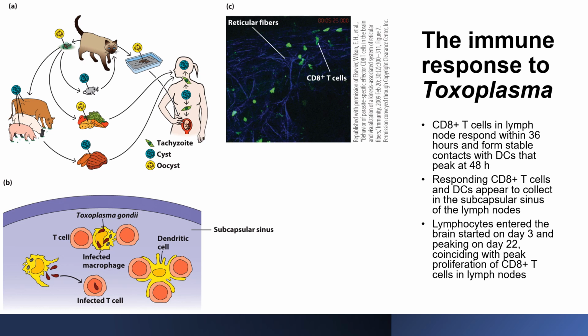Lymphocytes entered the brain starting on day 3 post-infection, and again, our own immune system can actually work against us in this particular case. So these lymphocytes entering the brain by day 3, some of those may actually be infected and be carrying the infection into the brain, and it peaks on about day 22, which coincides with the proliferation of the CD8 positive T cells in the lymph nodes. So not all responses wind down after 10 to 14 days. Some of them go on considerably longer, such as the one to Toxoplasma gondii, and around day 40 we start to see